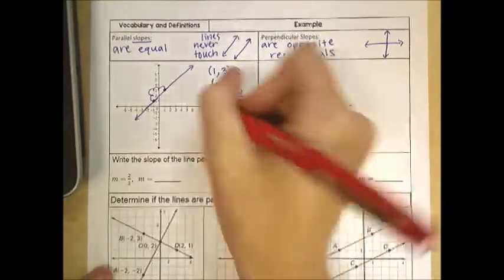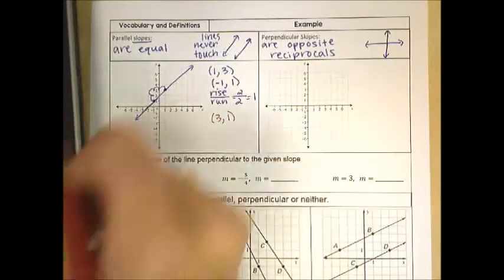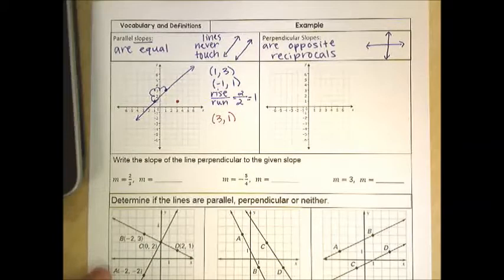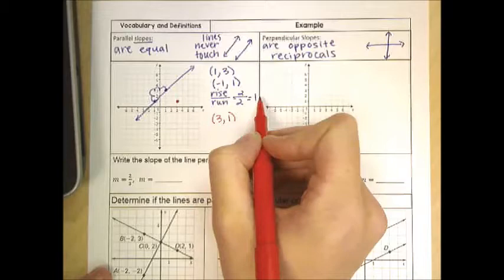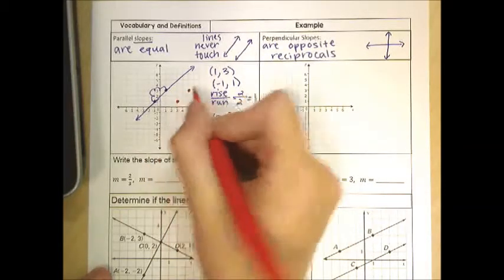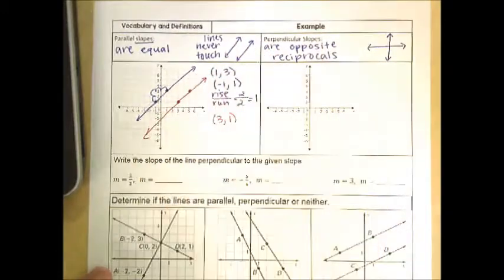All right, so go ahead and plot the point 3, 1. If I have that point, I'm going to find another point that has the same slope, so that it is parallel, the same slope. So if I use my slope of 2 over 2, or 1, I'm going to rise up 2 and run 2. And that gives me another point right there, so I can connect those lines,